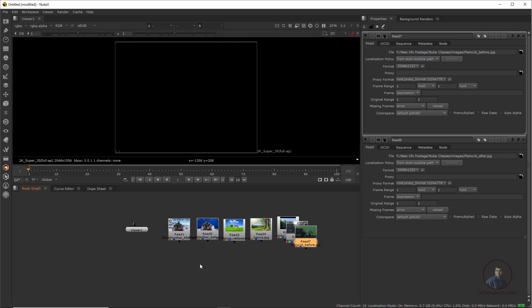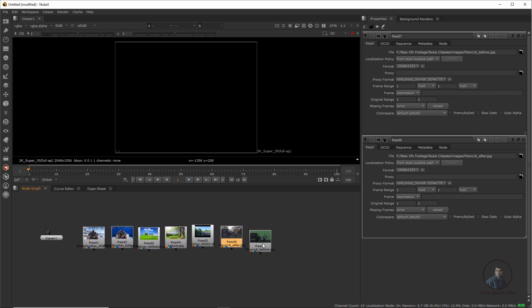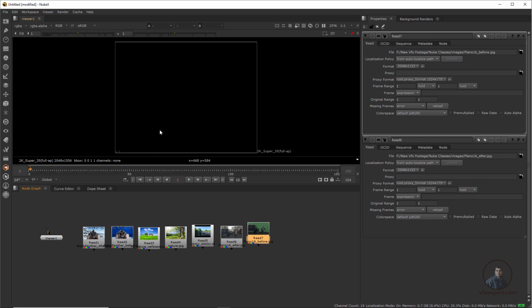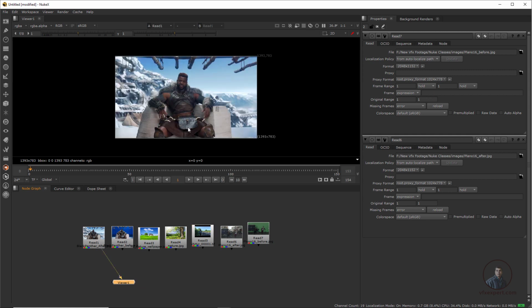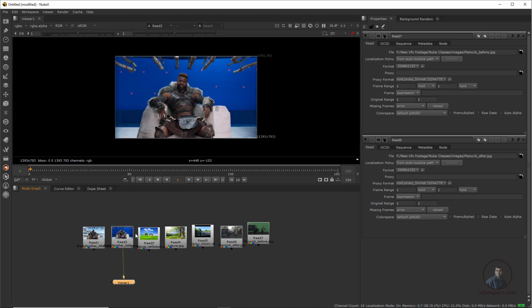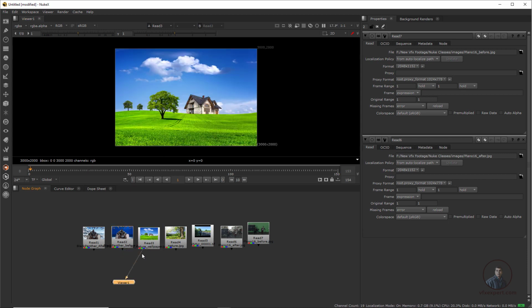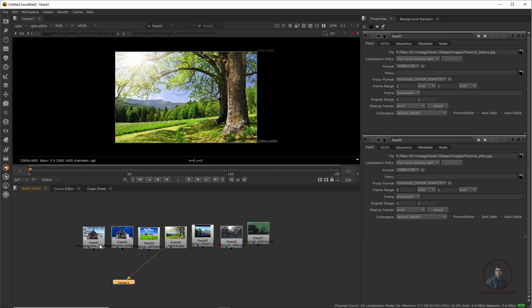Now I have imported multiple images here. Now first we have to view our images and check inside this viewer. First we have to connect whichever image you want to view inside this viewer with the viewer. So simply pick this one and connect it here. This will view here. Then again the second one, this one, like this, the third one like this. Like this you can view any image inside this viewer here.